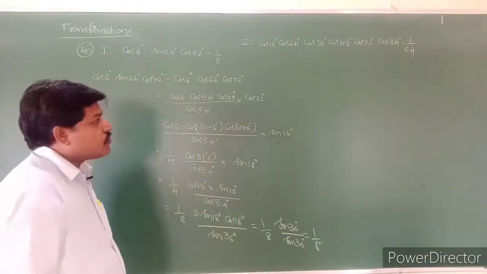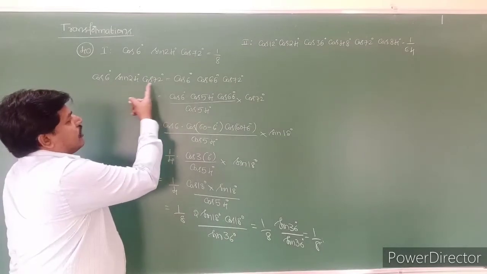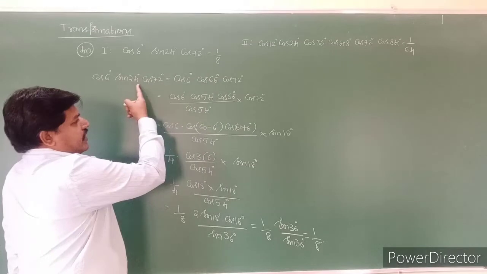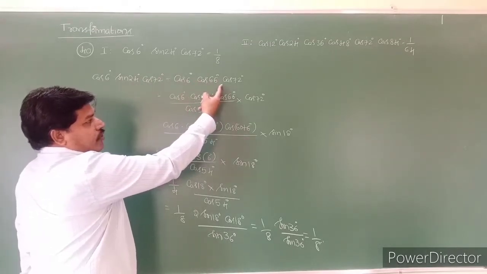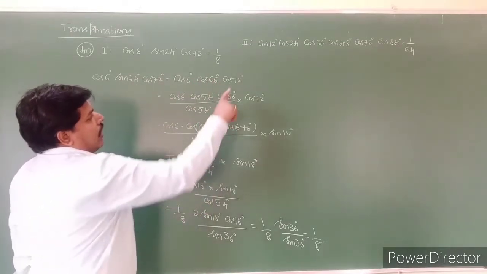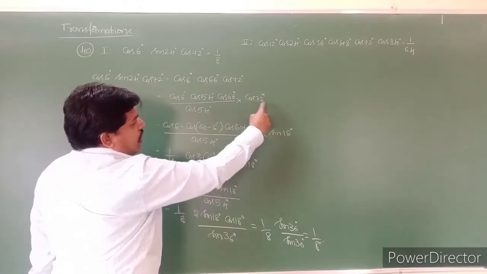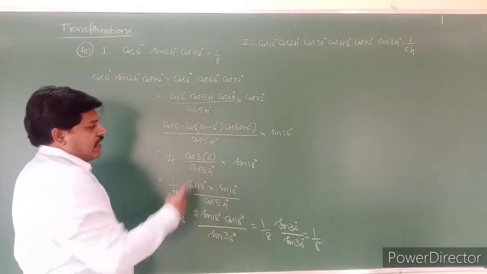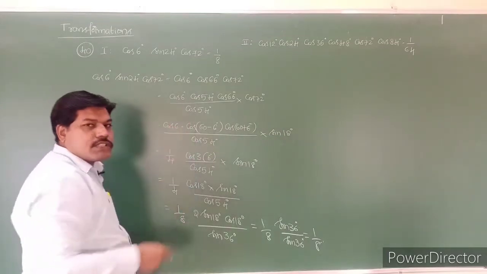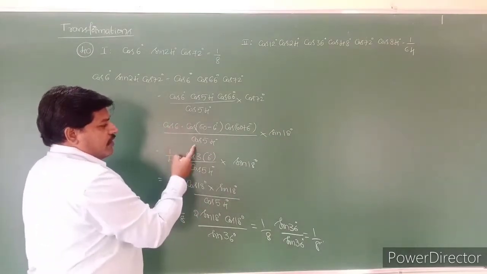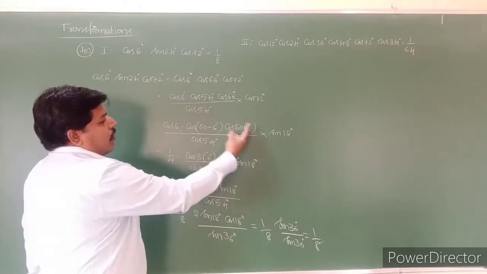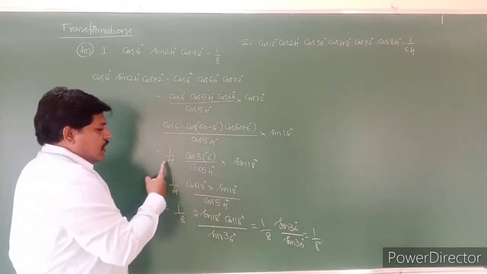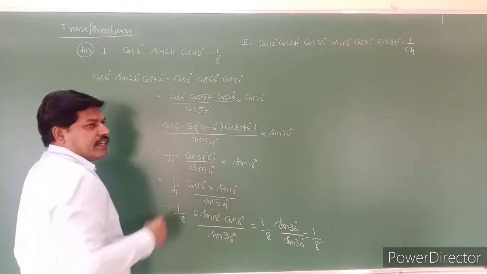So see that one, students. Cos 6, sin 24, cos 72. Sin 24 I converted into cos 66. Why? Because sin theta can be written as cos 90 minus 24, which becomes 66 degrees. And this cos 72, cos theta can be written as sin 90 minus 72, it becomes sin 18 degrees. Here I multiplied and divided with cos 54. This is in the form of cos theta, cos 60 minus theta, cos 60 plus theta, so it can be taken as 1 by 4 into cos 3 theta.